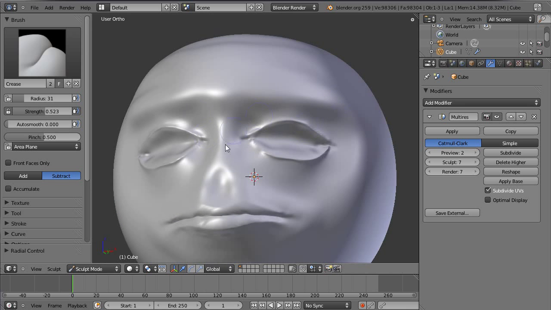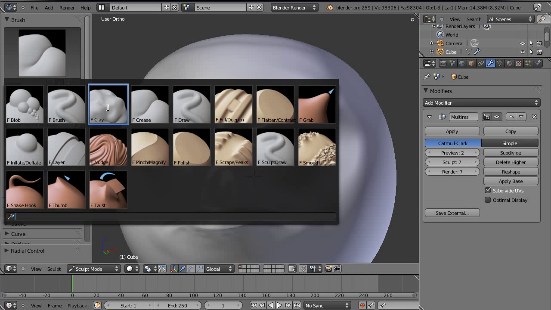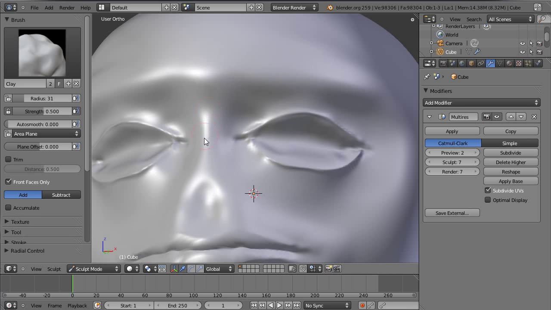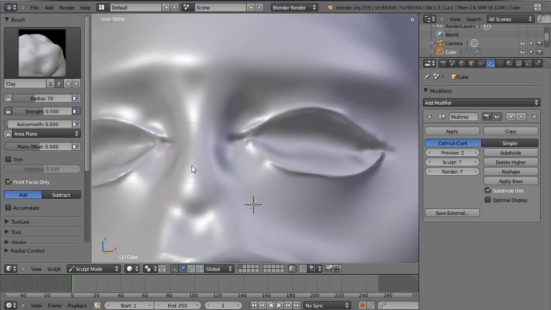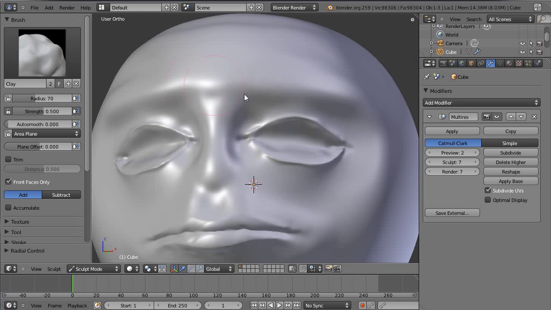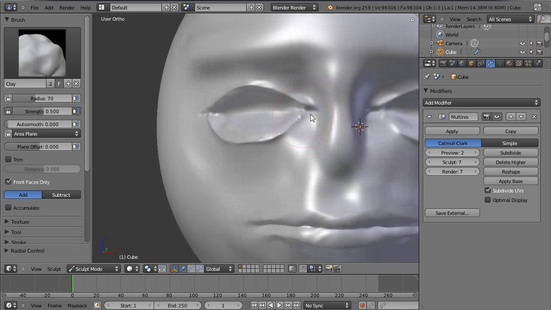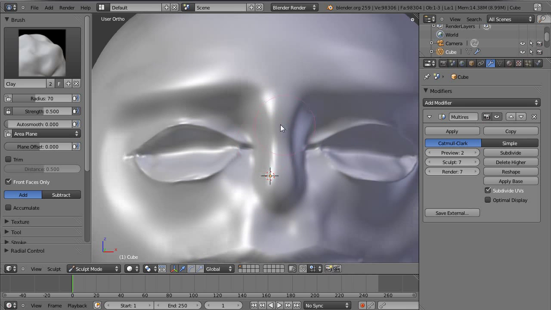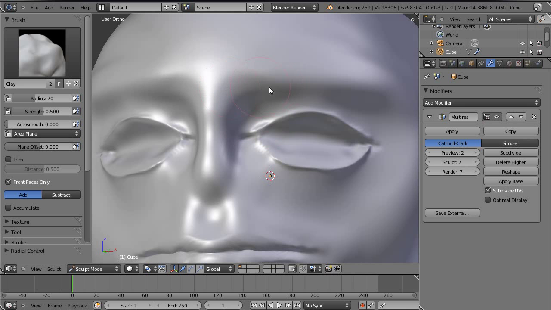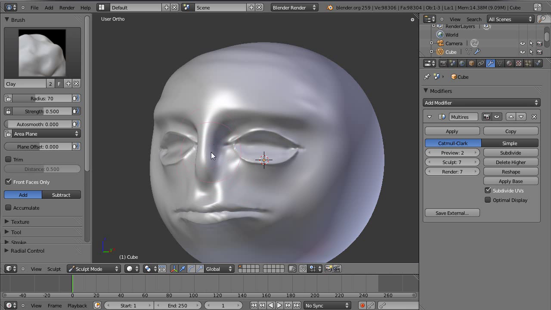Clay is good for building up form, so if I wanted to have a nose, I'd start building up the form of that with clay. So we've got that coming in. Join it to the brow, so yeah, you can quickly build up the form.